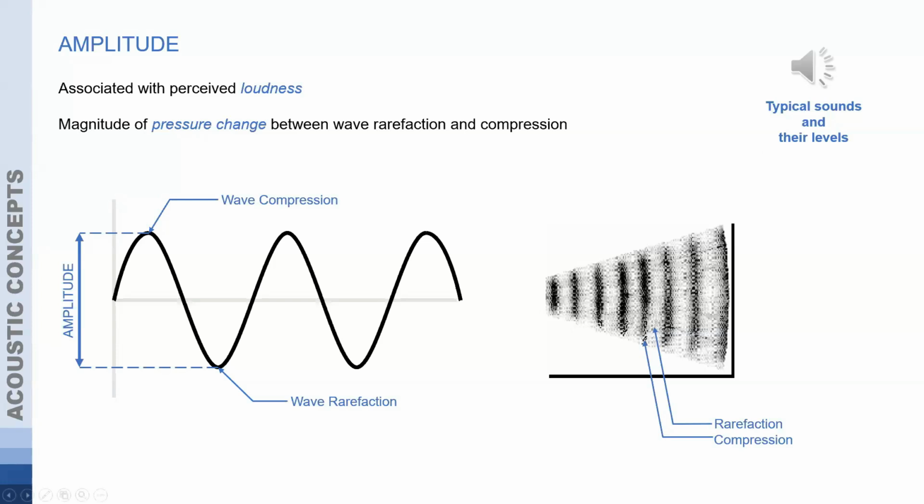So hopefully you were able to at least hear those on your end as well. Another thing we're looking at with amplitude is both this positive and negative, the total size of the wave here between wave compression and wave rarefaction. You can see this here in the actual wave, the differences.